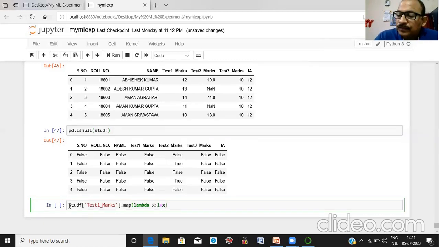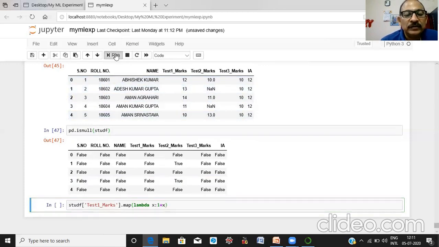So here we want to iterate over each element of a series and perform a desired action. Here action is replace the value x by 1 plus x. In the column test1 marks 1, we want to modify these columns by addition of 1 to each entry.